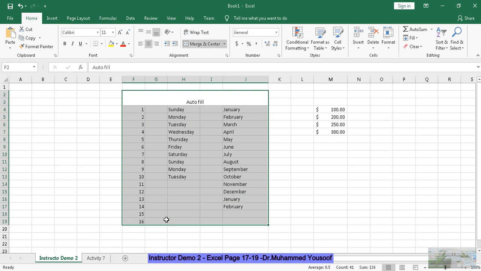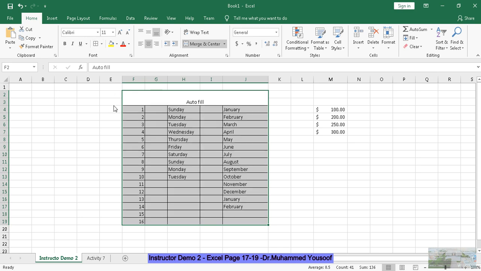Select all the cells. You have here border. If you want to apply all the borders, just choose all borders, so that you can see that the line is drawn over it. It is like putting the border lines. This is called all borders. This is the button, borders. Add borders.